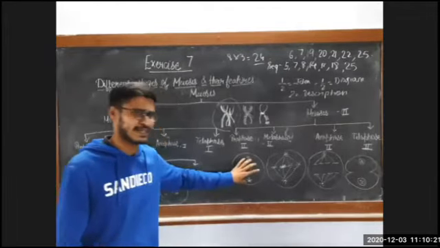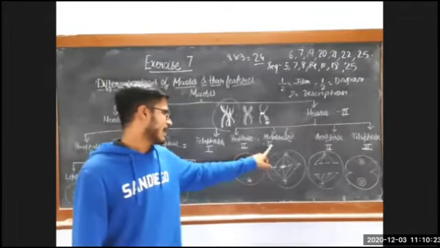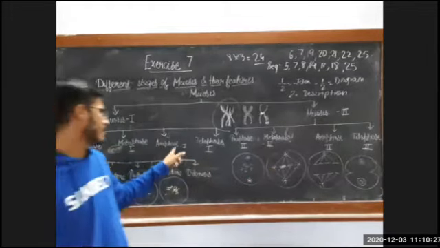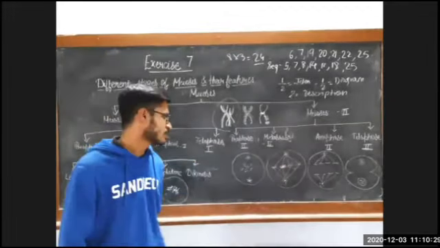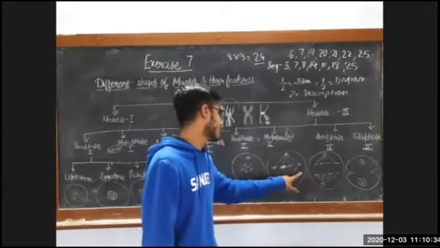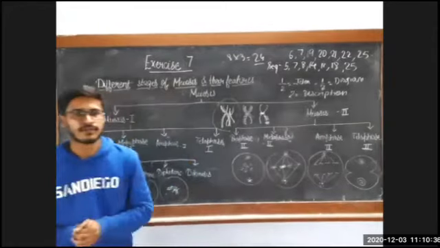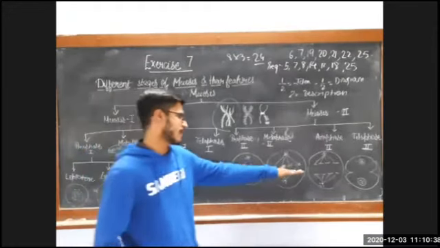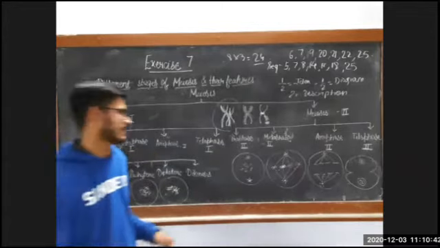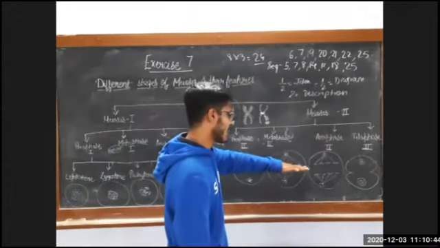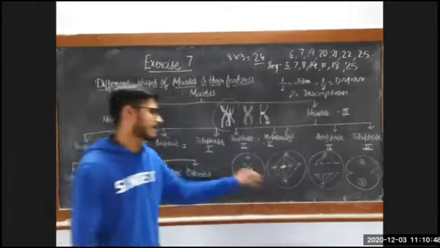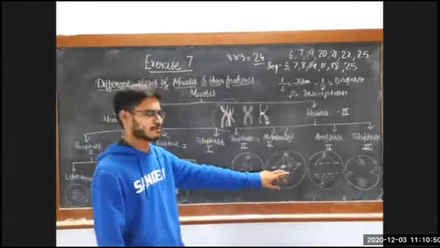the threads are there. Now in metaphase 2, it will be the same as in metaphase 1. What we can see here is the equatorial plane, they are arranged in the equatorial plane. I have not drawn the diagram here because it is one and the same. So they will be arranged here. The difference between metaphase 1 and 2 is simply that here it is 2, here it is 4.